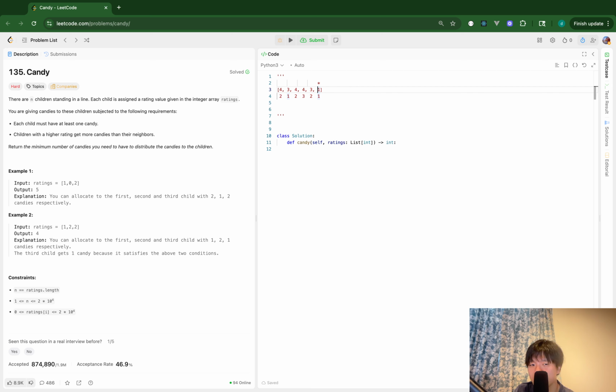Then I will decide the children in ascending order of the rating. So in that way, what happens is that,